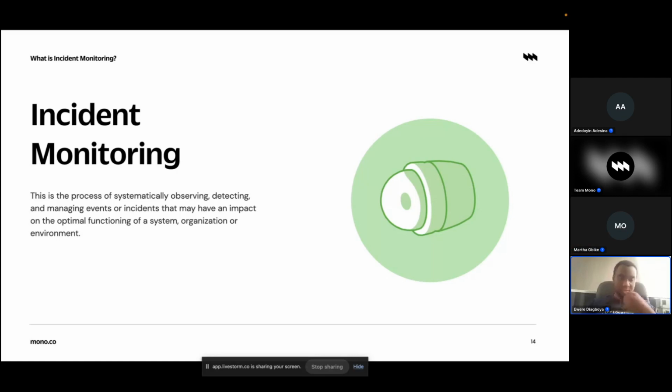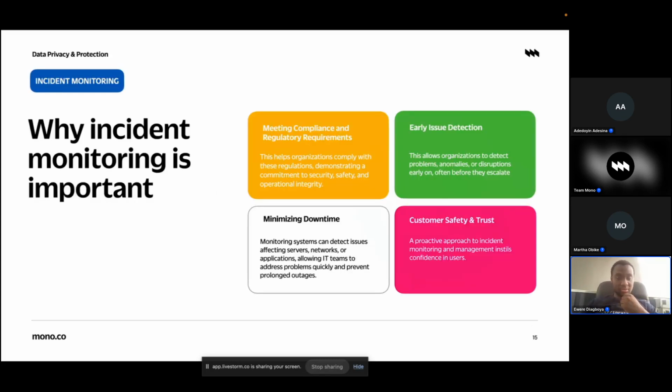So incident monitoring is a process of systematically observing, detecting and managing events or incidents that may have an impact on the optimal functioning of a system, organization, or environment. So basically, what this means is that incident monitoring is a combination of tools and processes that you can implement in your business that can ensure that you do not face unexpected issues. And then when the unexpected issues come, you also have to identify